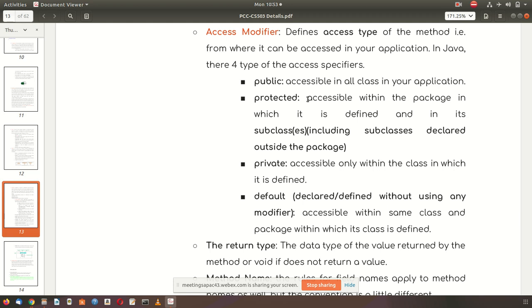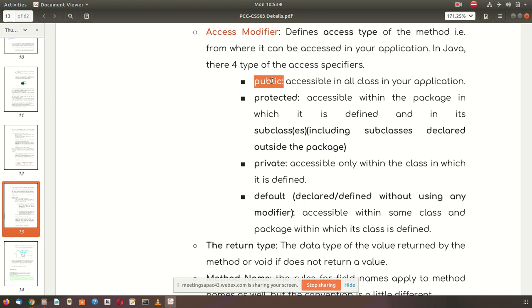There is no other way to access it. Whereas with public, you may inherit or not inherit, you can access. How to access by inheriting, you have seen by writing the extends keyword, and how to access without inheriting is by using the dot.